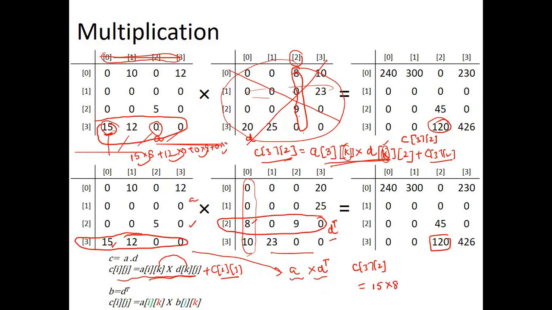Multiplication will be now achieved, plus 12 into 0, luckily यहाँ पर sparse है तो 0 ही आएगा, plus 0 into 9 plus 0 into 0. So this will be now, again the concept will be the same, you will be getting the same value, but now the multiplication will be done horizontally rather than vertically.